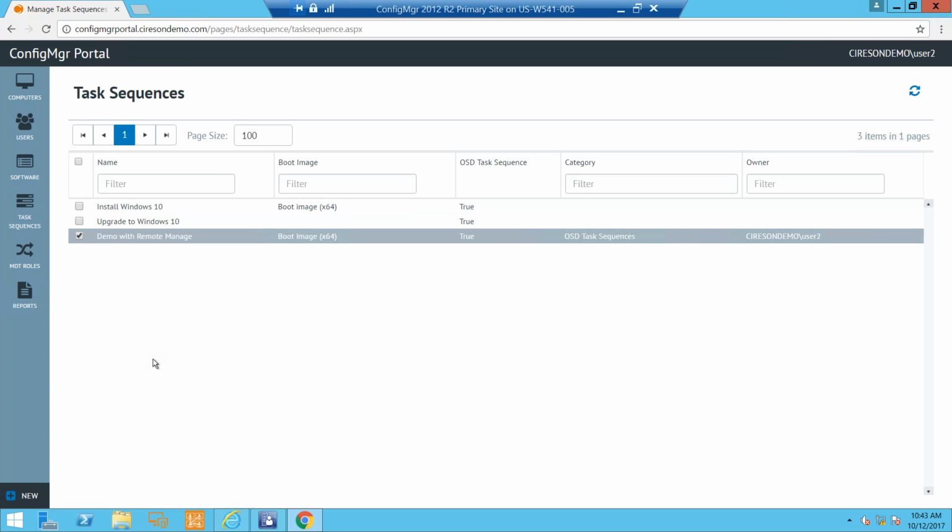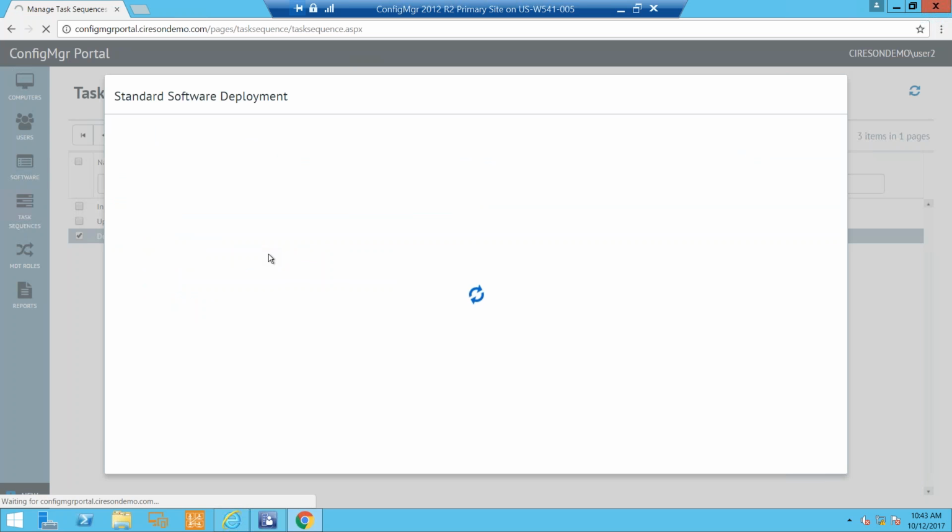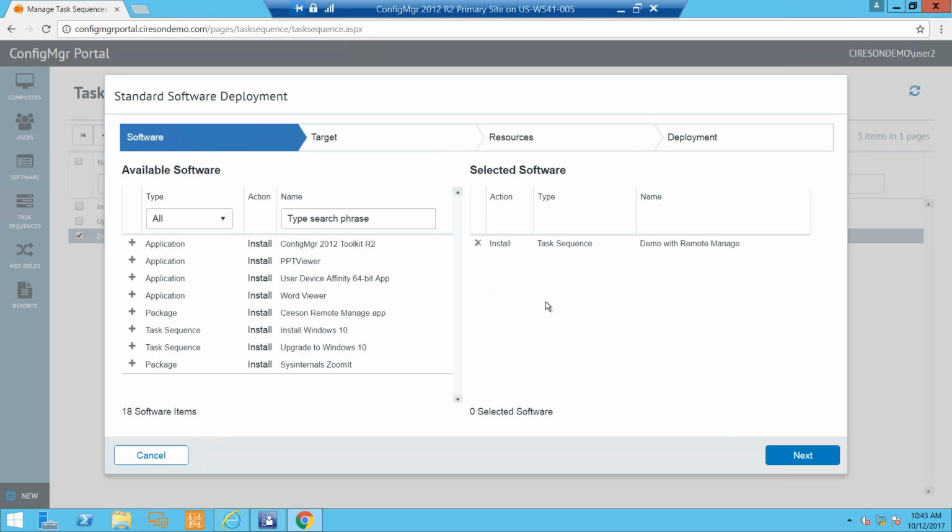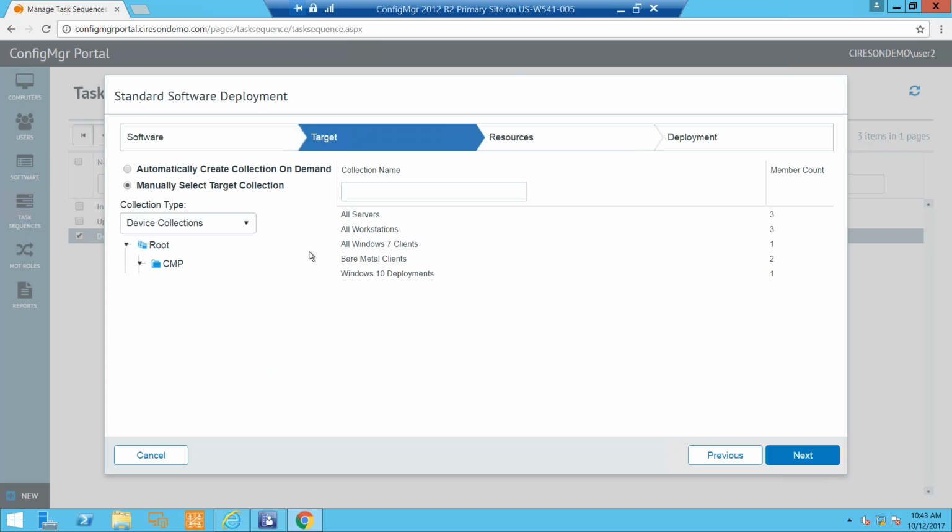Now, if I have rights to deploy that, I can just right click and do deploy software. And I showed you the deploy process last week. This guy has access to both of them, but I'll just walk through that again for you. Here's my task sequence. I'll select it. I'm going to go to my Windows 10 deployments collection because with the standard software distribution wizard, you have to